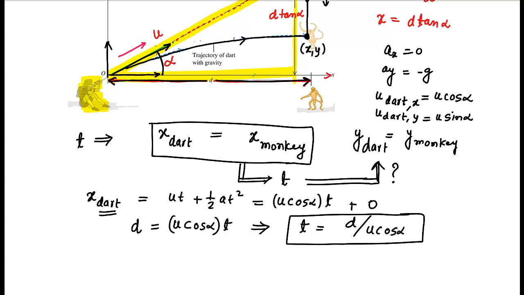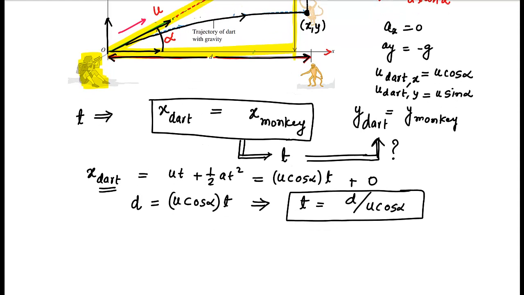So we have done the first part, that is, we have equated the x coordinate and we calculated the time. Now we can go to the next part. Using this time, calculate the y coordinate of monkey and y coordinate of dart, and if these two are equal, I will say the dart is going to hit the monkey. So what is the next step? So next step is to calculate y coordinate of dart, or what is the y distance of the dart. In the figure, I can show the same thing. So this distance is the y distance. So we can calculate this distance.